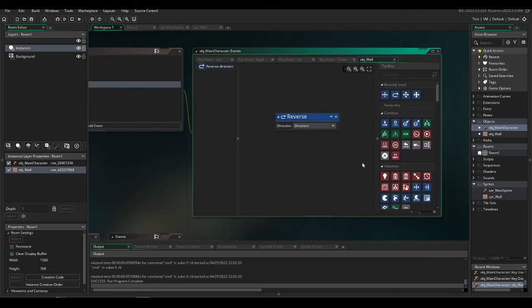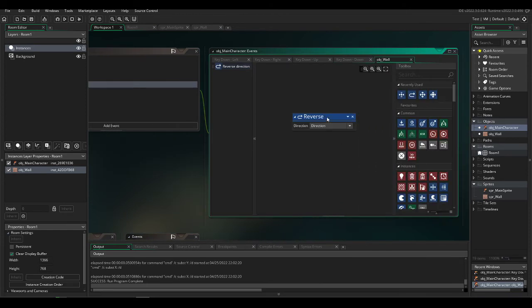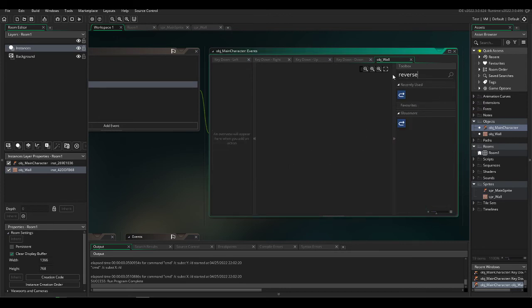And hold shift, scroll over. When it hits the wall, you want to add a reverse in direction. So this might not be there for you. Okay, so you just go in here, search for reverse, and you drag it in. And what that's going to do is it's going to reverse the main character at whatever direction it's hitting the wall. So if I run it,